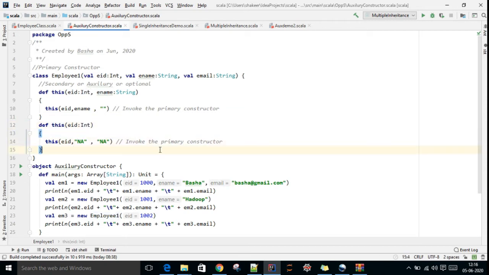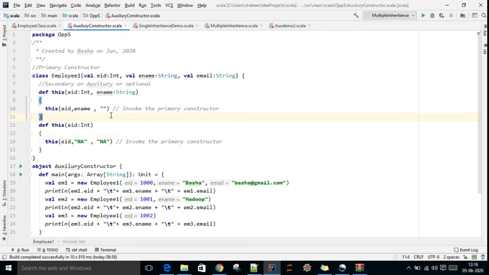Based on your requirement you can create n number of secondary constructors. In the first method I am passing only two parameters, in the second only one parameter. Likewise, based on requirement you can create n number of auxiliary constructors.